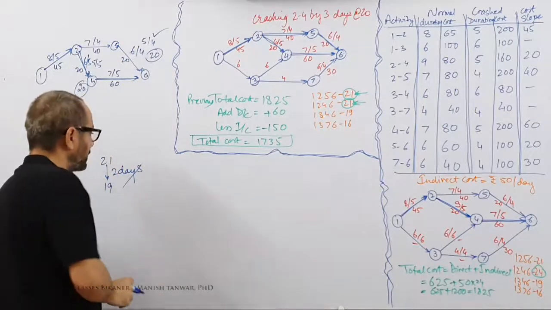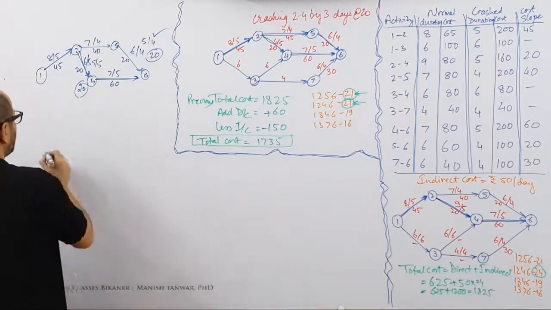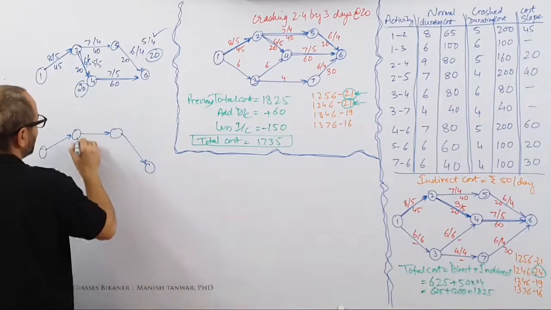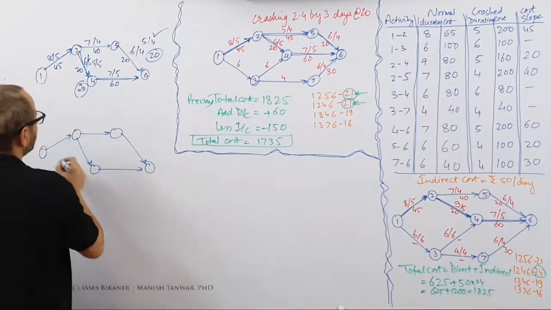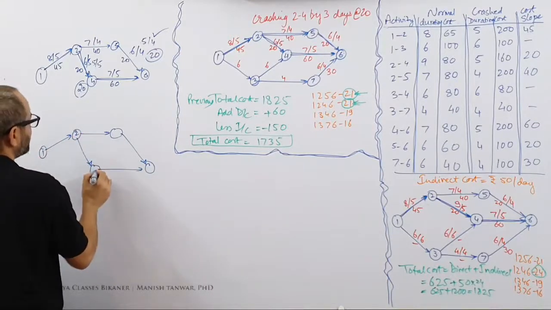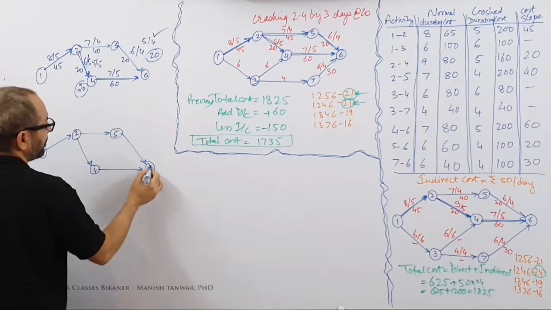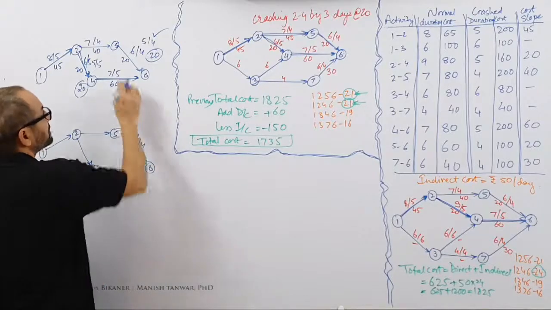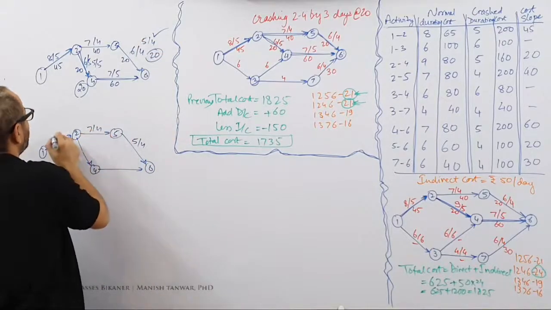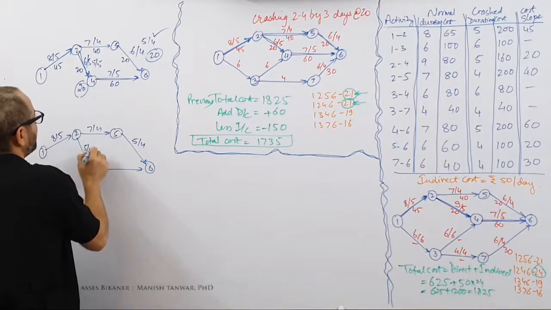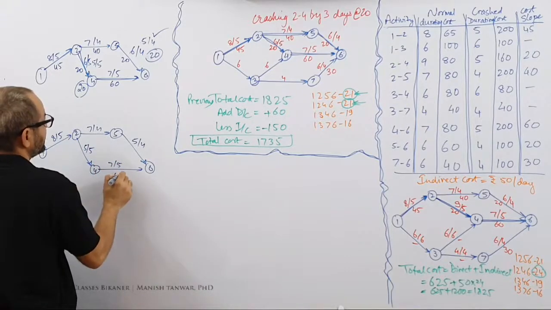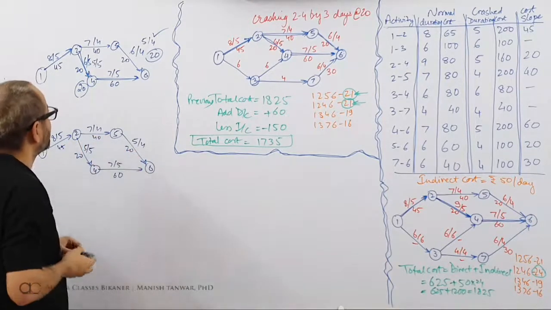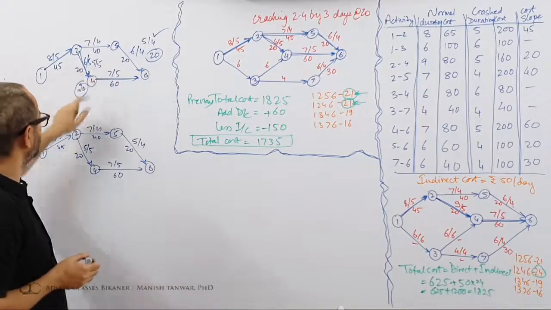So what happens with my new network? My new network would be something like this. See, this is our first question. So I am making these many figures and I am explaining it in detail. Otherwise, you can just find out by looking at the network what crashing needs to be done. Right now, I have brought down this 6 to 5, 7, 4, 8, 5, 5, 5, 7, 5, 60, 20, 45, 40 and 20. So I've changed this network. 6 is down to 5, 6 is down to 5.